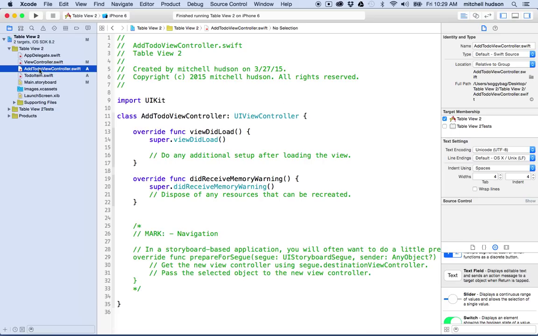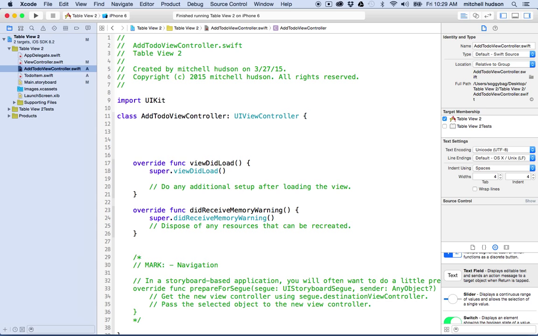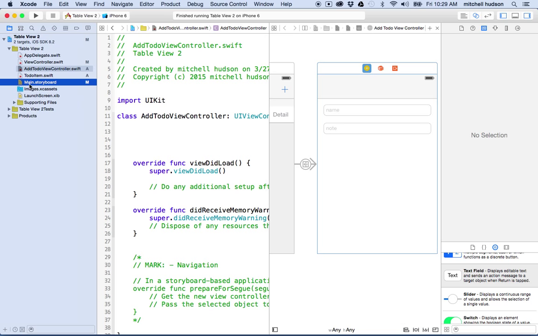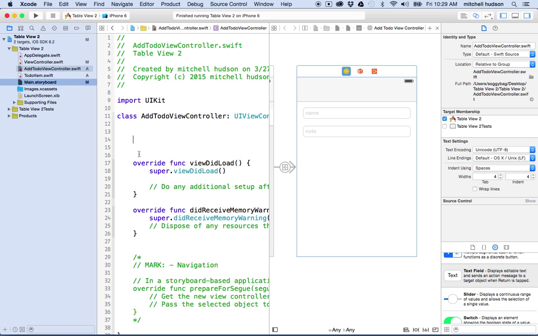So I'm going to switch to the View Controller class, and what I want to do is create some IBOutlets for our text fields, okay? So I'll click Option here on the storyboard to open up the assistant editor, and here's my view, and then here's the AddToDoViewController. Okay, so I made a little space here inside the top of the class,